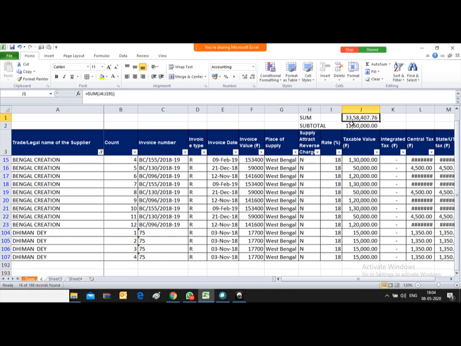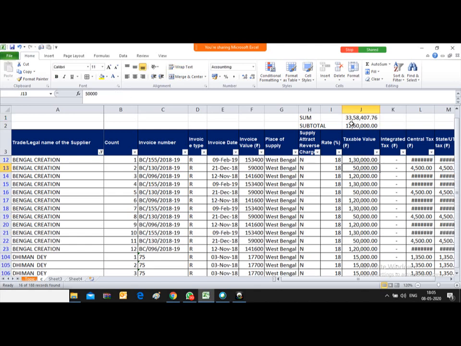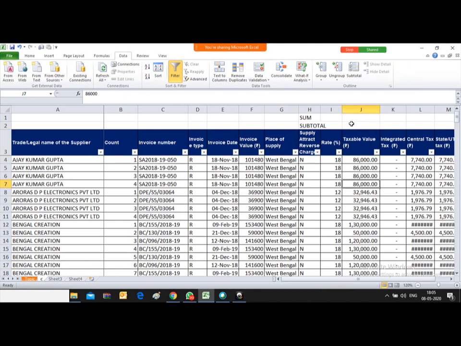Many times we use the summation formula, but when we calculate manually on the visible cells, it shows that the summation is not correct. But friends, you have to keep in mind the usage of these two functions, sum and subtotal. So Ravi wanted me to repeat it again. Let me repeat it again. These two formulas. I just clear the filtered rows.